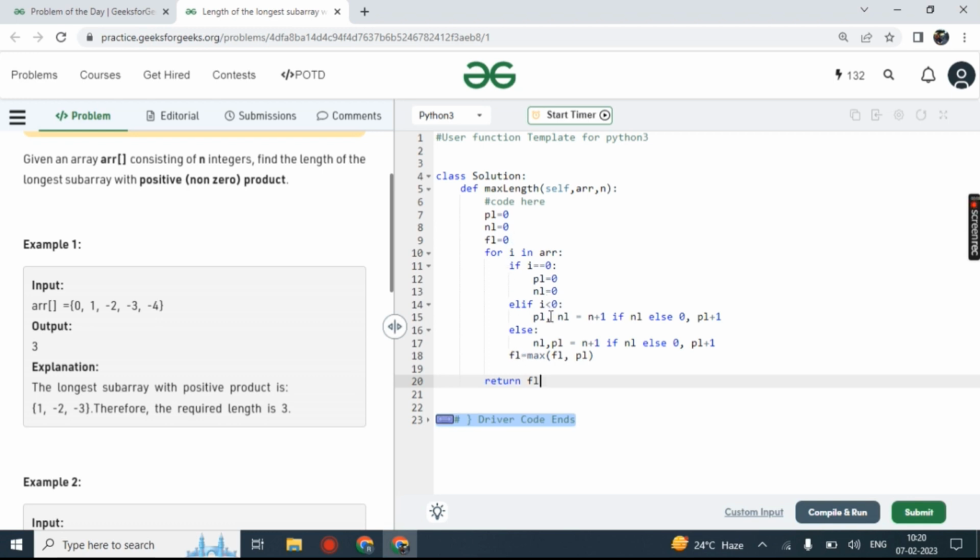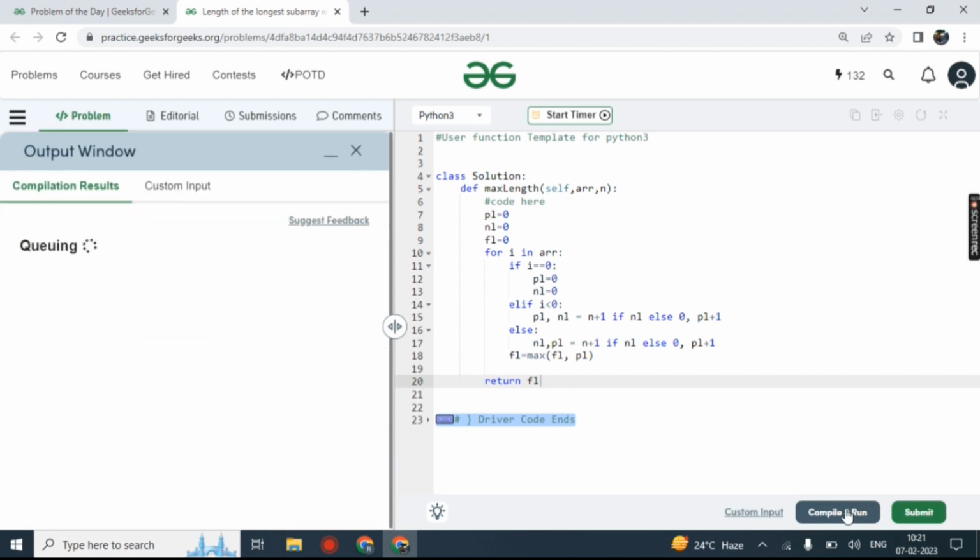Again we get -3, and in this case we already have some value in NL, so we increase whatever length we have, and NL is definitely PL plus 1. In the same way, if we traverse one by one, we'll definitely get the value of FL as 3.